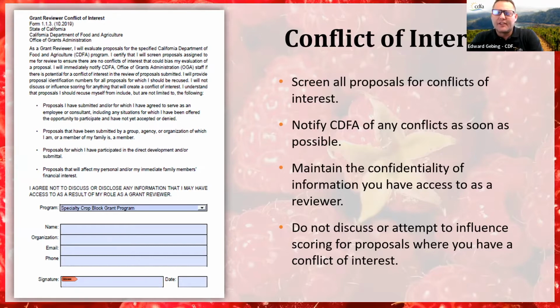In addition, by signing the Conflict of Interest form, you are agreeing not to disclose any information that you have access to because of your role as a reviewer. You should not discuss any details about the content of the proposals or reviewer scores and feedback with anyone outside of the Technical Review Committee meeting. This includes both reviewers and non-reviewers. It is especially important that you do not discuss proposals where you have a conflict of interest. Attempting to influence the scoring of proposals where you, your family, or your employer could benefit is considered a serious